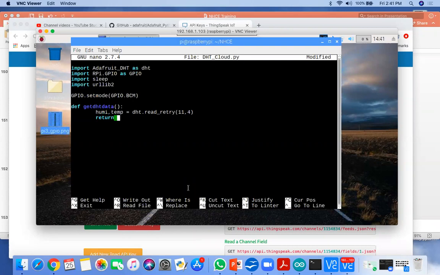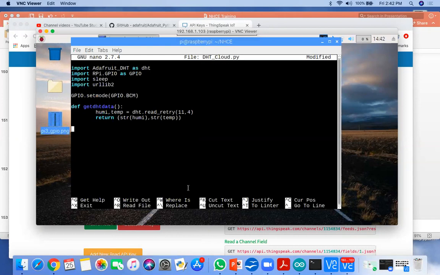Firstly I am returning the humidity, in a string format, so str of humidity, and second I'm returning the temperature, also in string format. Now my definition has been done.